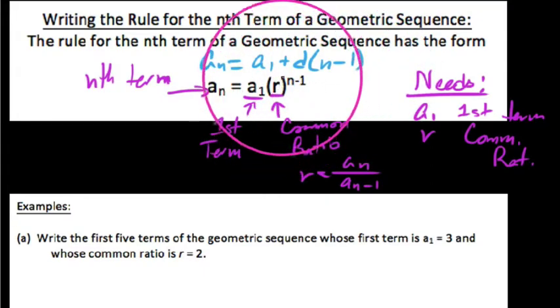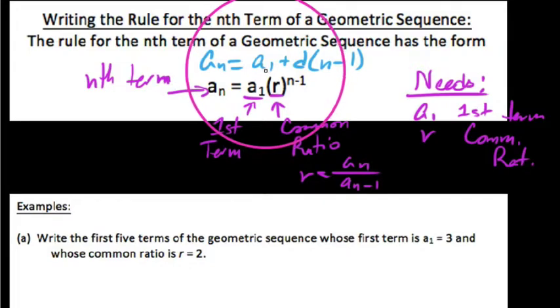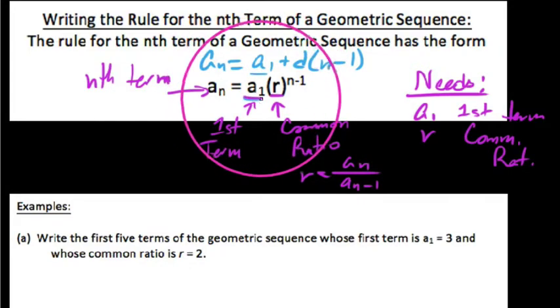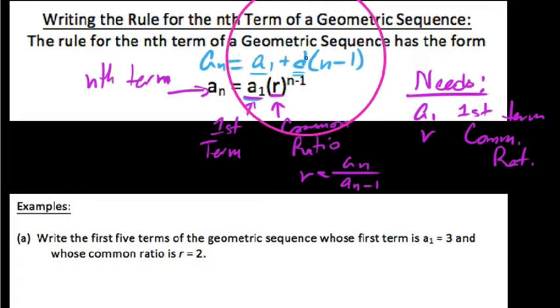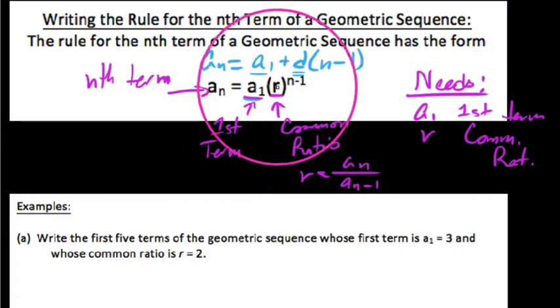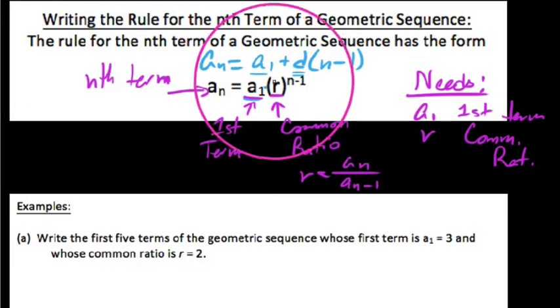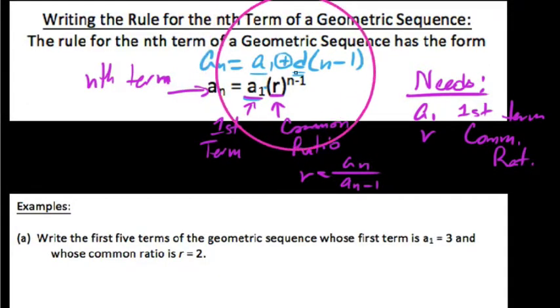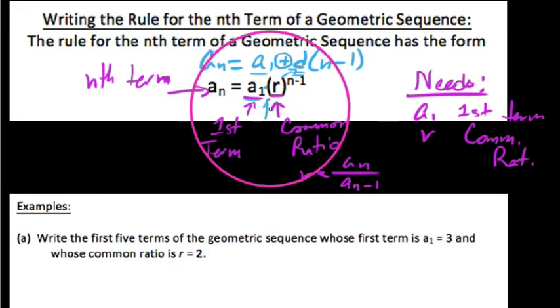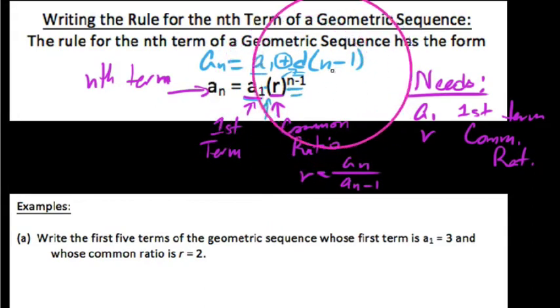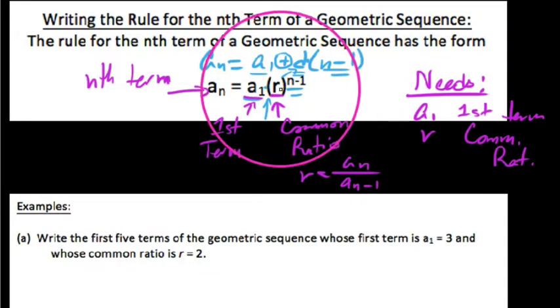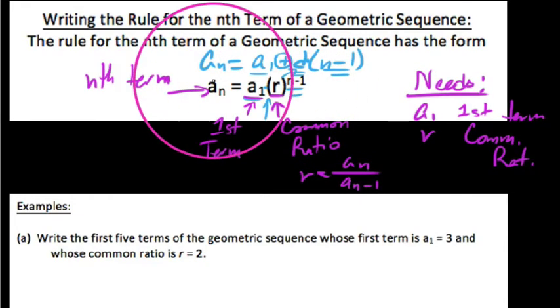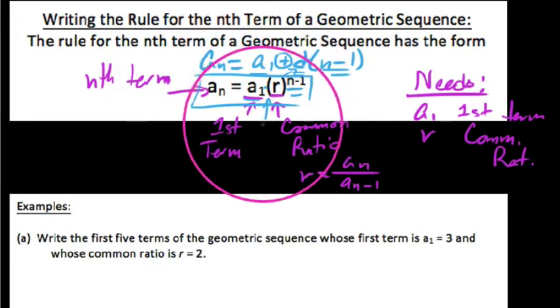So in terms of comparing and contrasting these two rules, let's take a look at this here. Anything that's arithmetic or geometric has some first term, and in the arithmetic sense, we had some common difference that it was changing by every time, adding or subtracting every time. In the case of the common ratio, we're talking about a geometric sequence, so we are multiplying by the same number every time. Whereas arithmetic sequences add the same number every time, geometric sequences multiply by the same number every time. And we can see that they both have an n minus 1, it's just the nature of their relationship is different. This d is being multiplied by n minus 1, whereas this r is being taken to the power of n minus 1.